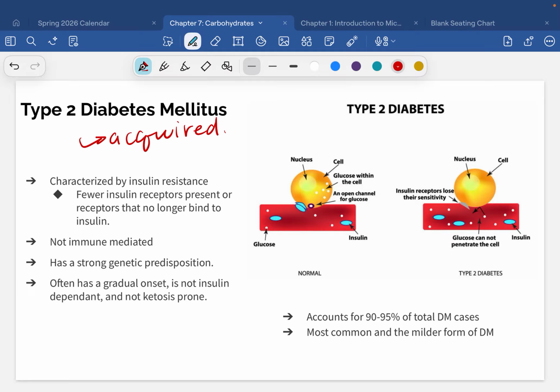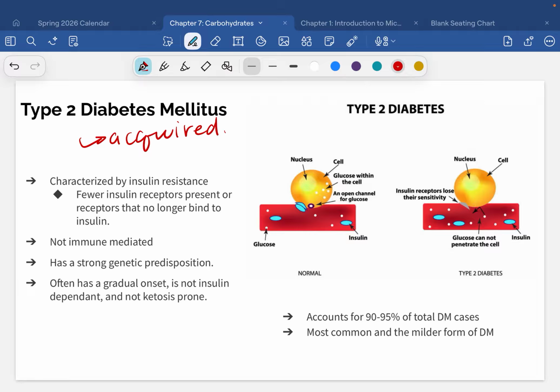And it often has a gradual onset. This is something that can tend to happen really slowly, over years. I know most of you are pretty young, and especially in college, getting yearly checkups becomes less of a thing until you get insurance when you're 25, and things start to go downhill when you're 30 or 35 anyway.